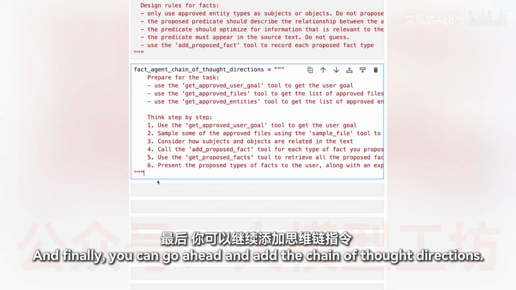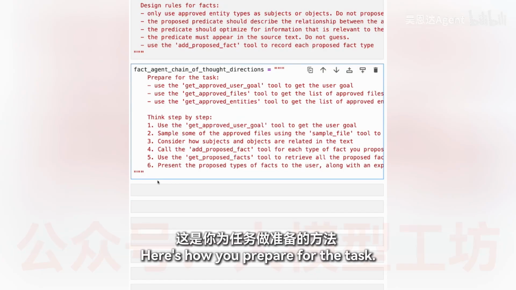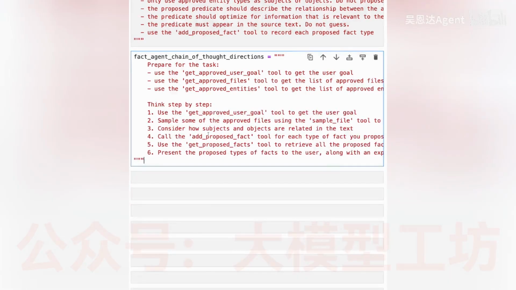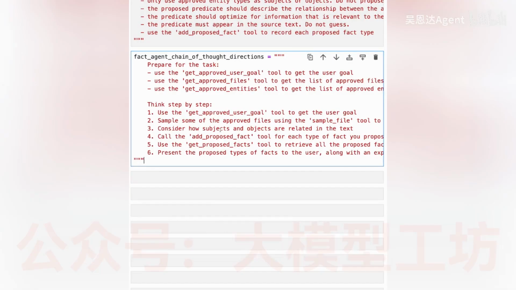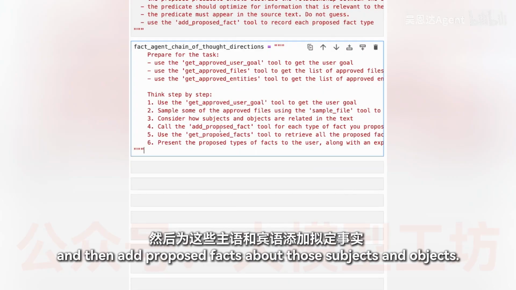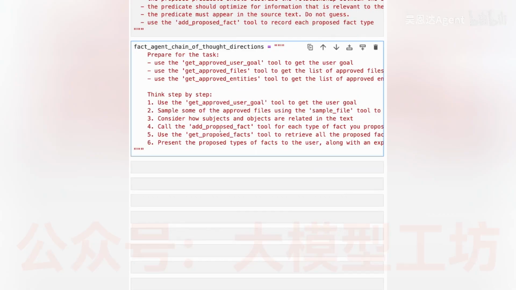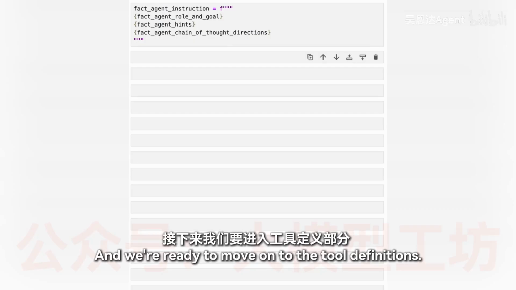And finally, you can go ahead and add the chain of thought directions. As before, we're going to follow the same pattern that we always do for these directions. Here's how you prepare for the task, and here's our suggested step-by-step approach for how to actually execute on this task. Use the tools in this way, sample some of the files, look for subjects and objects that are related to the text, and then add proposed facts about those subjects and objects. So what you end up with here should be a couple of small sentences, 3-word sentences. You can then compose that all together in a single string, and we're ready to move on to the tool